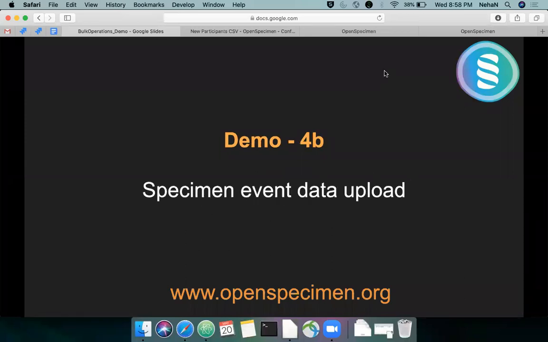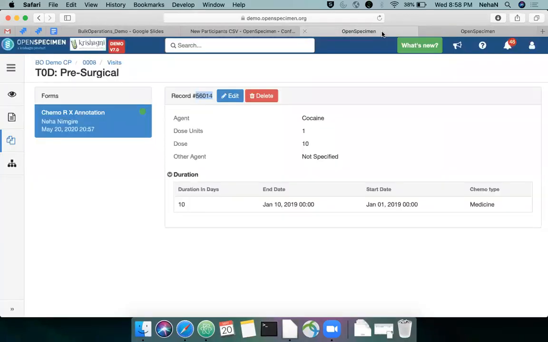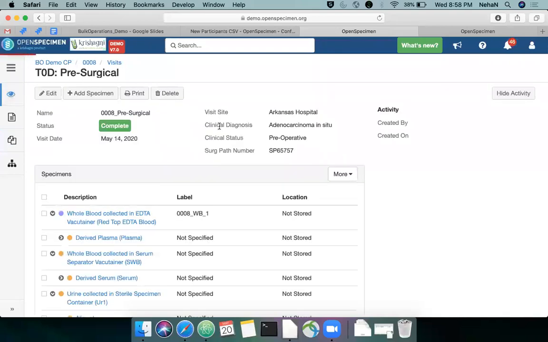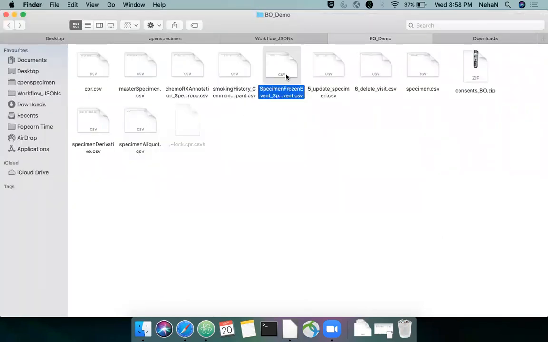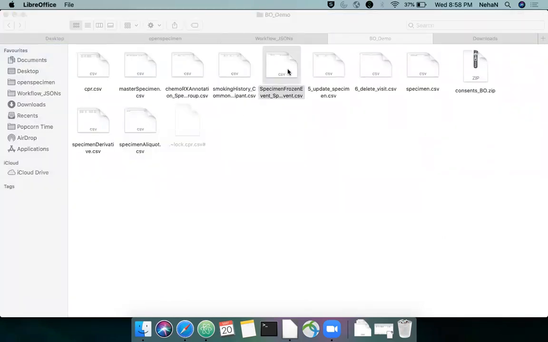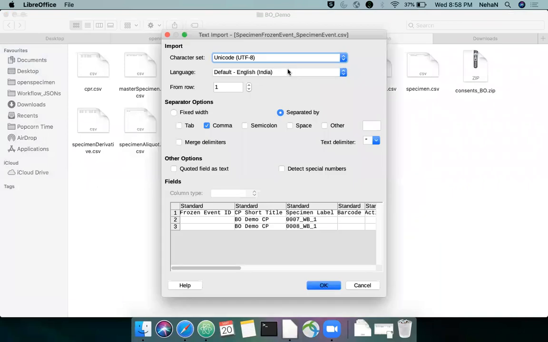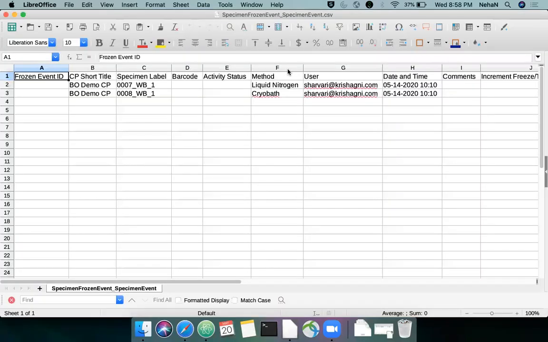Okay, so now I want to upload data for the specimen events. So open specimen is shipped with some default specimen events, and I want to import data for that. So I have a frozen event form ready. So as soon as I collected the whole blood samples, the samples were frozen for some time. And I want to record this information in open specimen to record the life cycle.